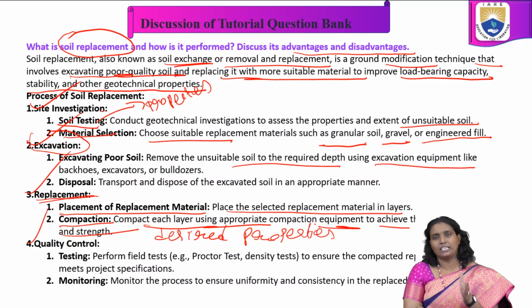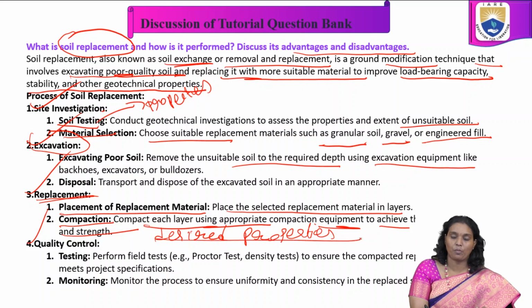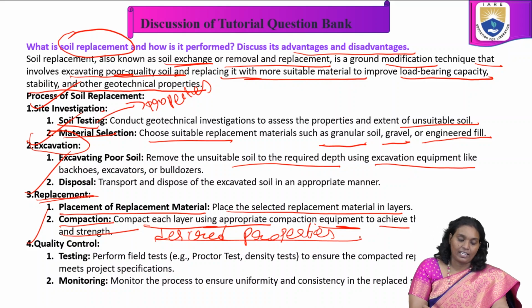I mean density, strength like that. If it is particular, it means it's very good. Otherwise no issue, desired properties also we may write. In quality control, after conducting testing